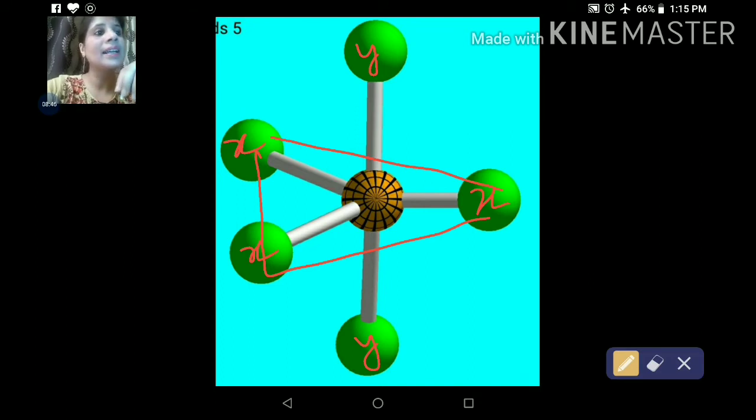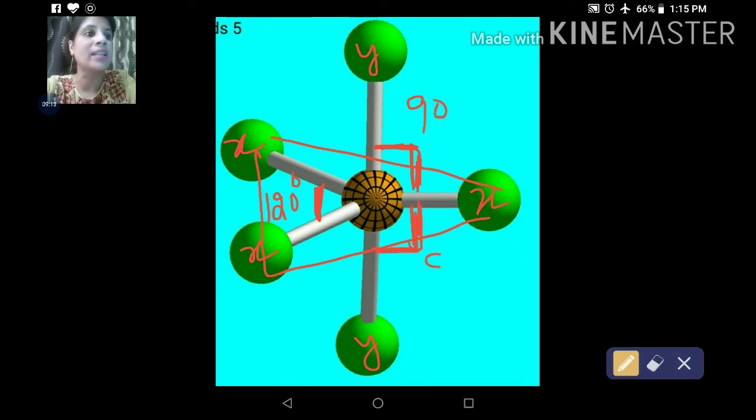Now the angle between every X atom and every Y atom is 90 degrees, because of the X plane and Y plane; the bond angle is always 90. We have already studied that in the trigonal geometry, the three atoms which are in the plane have a bond angle of 120 degrees. So this bond angle is 90. The second bond angle, again between X and Y, is 90. And therefore between the two Y atoms, the bond angle is 90 plus 90, that is 180. So the two Y atoms are arranged linearly.